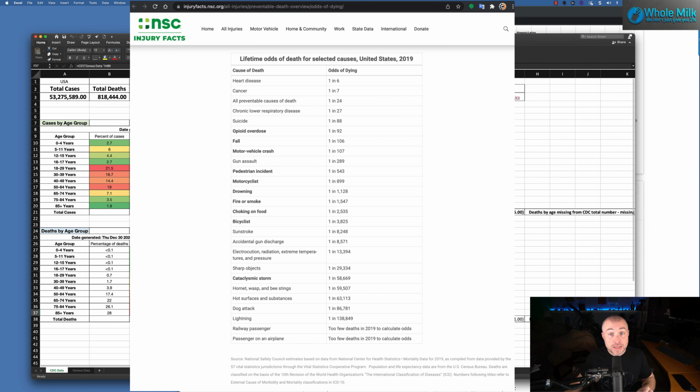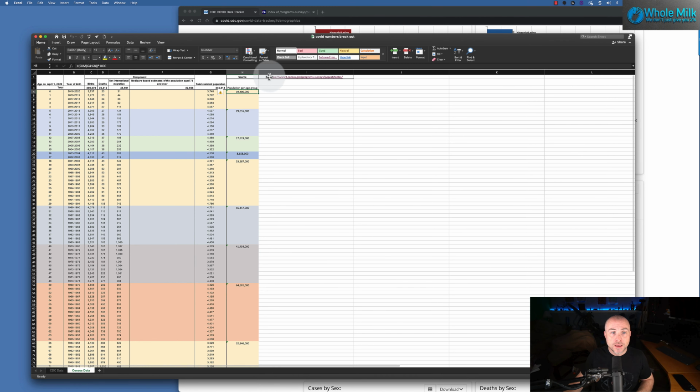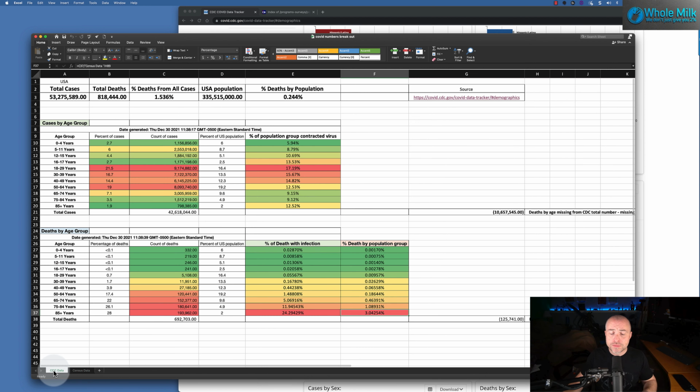Again, this is from the CDC. Links are provided. Source data is here, or source links are here, as well as the census data. Here's the census source information. Pull the information yourself, run the numbers yourself. Leave in the comments section if you find any errors or discrepancies in these numbers. I wanted to put this out there because this has got to end. Something's got to be done, and people have to be informed.